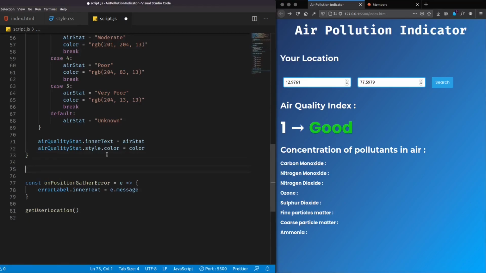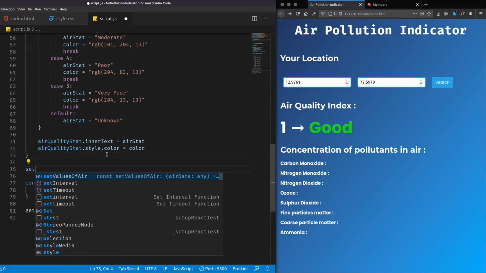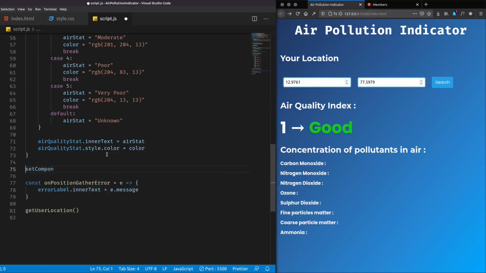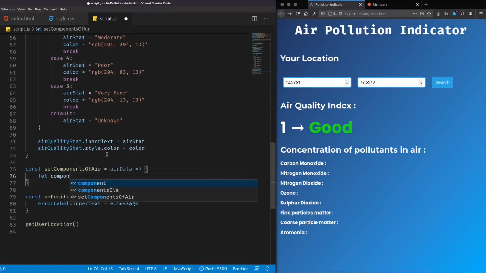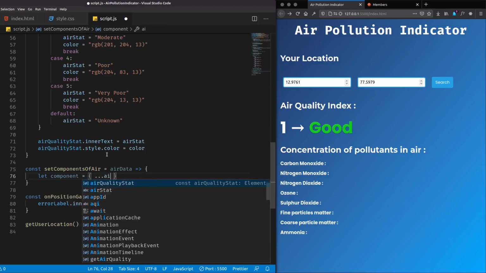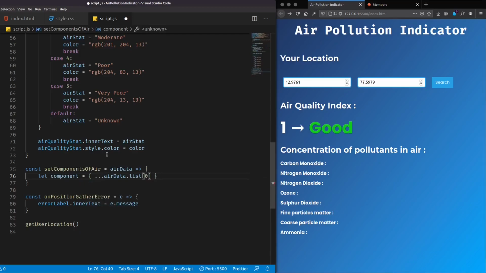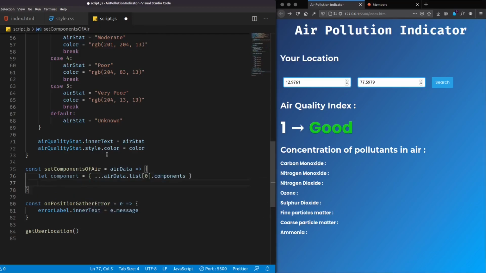Let's define a function set components of air, and this will also get air data, and I'll extract the data by object destructuring, and I will loop through all our components element.